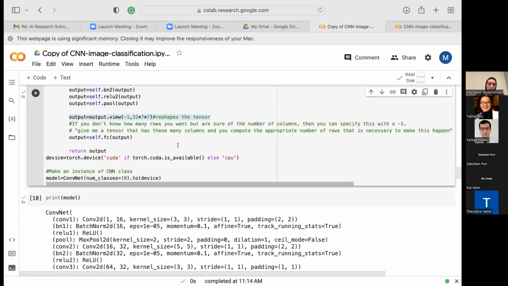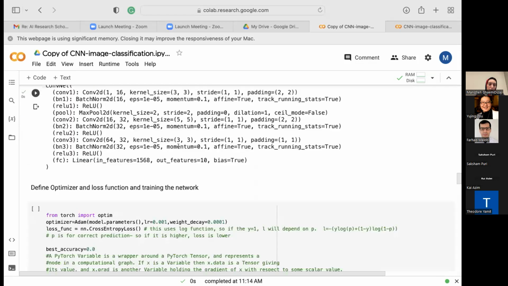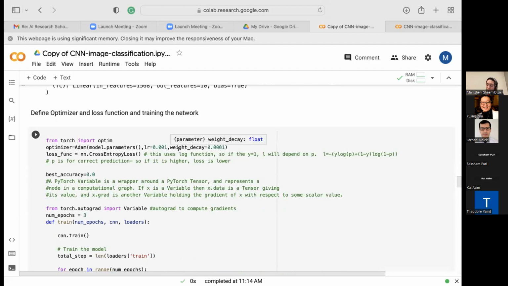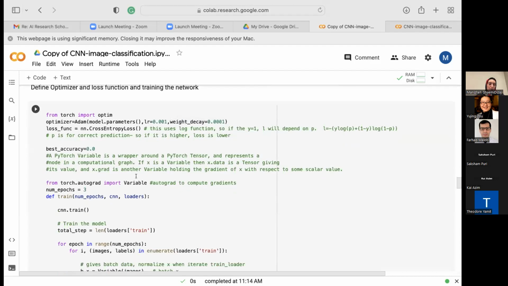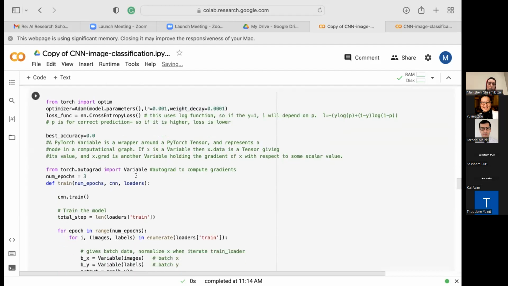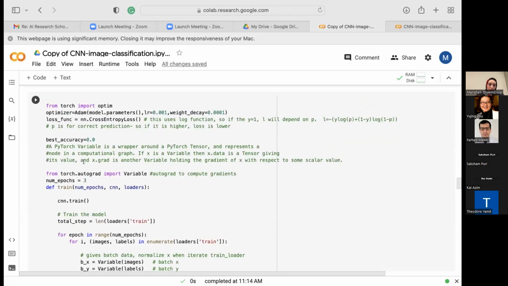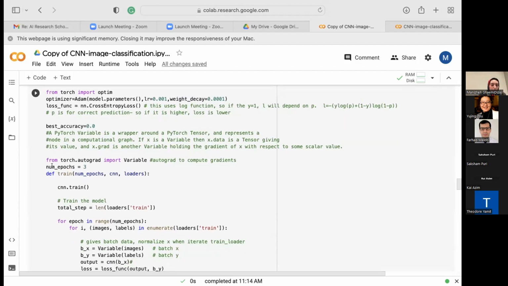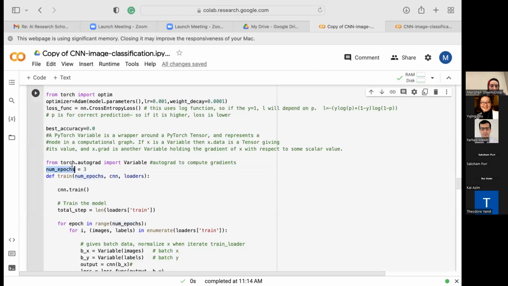Okay, so we do have our architecture. It is ready, our network is ready. We should go and train our network on that. Let's say I will go fast because I'm going to be short of time. But here you have an idea of the number of epochs,